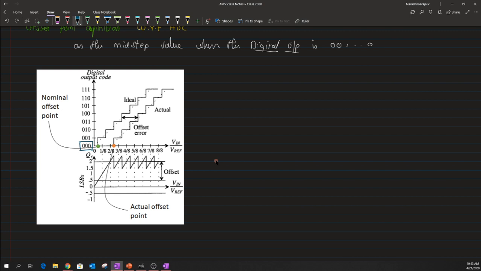So generally the offset point is always read at the mid value, not as 0 or not as 1 by 8, but 1 by 16 as the mid value. But rather than getting this green, if we are shifted towards the right, like a kind of orange color, we call that the actual offset point, and the difference between these 2 points in general will give us the offset error. So hope that these definitions are clear. So let me just move on